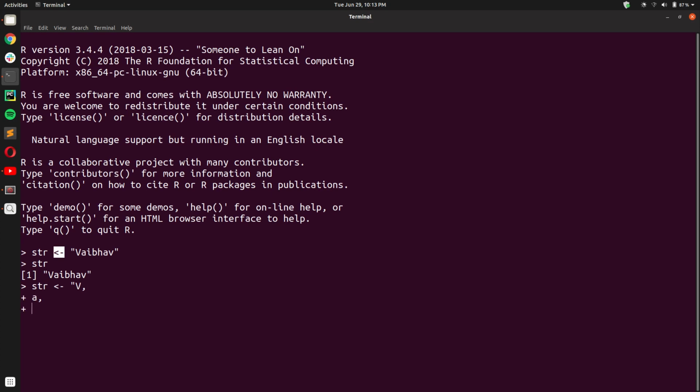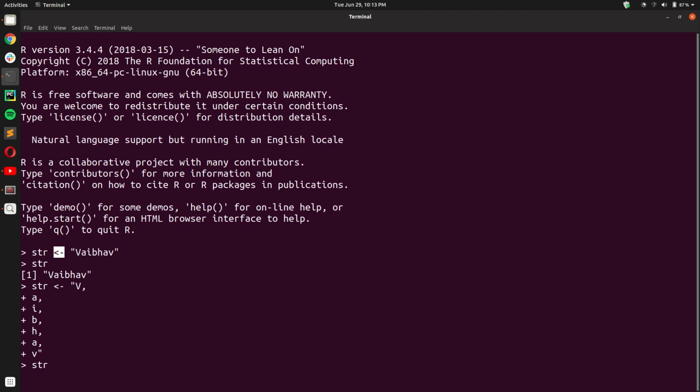I can do that by starting the double quotes, writing the first letter, then the second letter on the next line, then the third letter on the next line, and so on. My first name has 7 letters, VAIBHAV, and I have written all those 7 characters on 7 different lines.